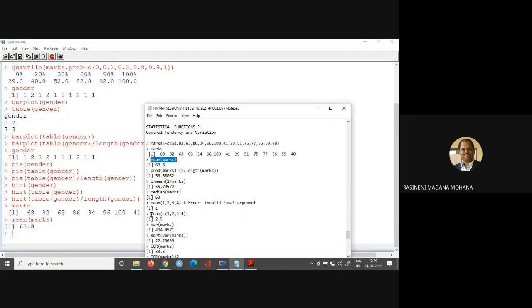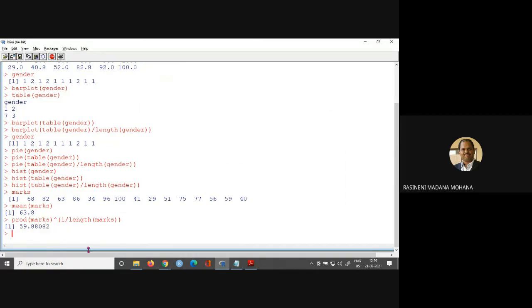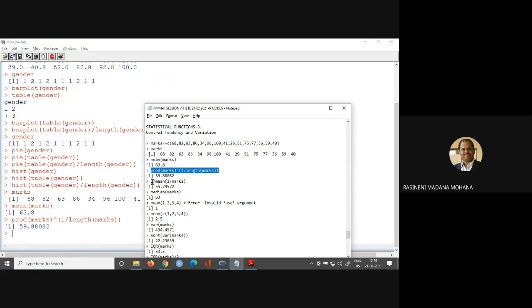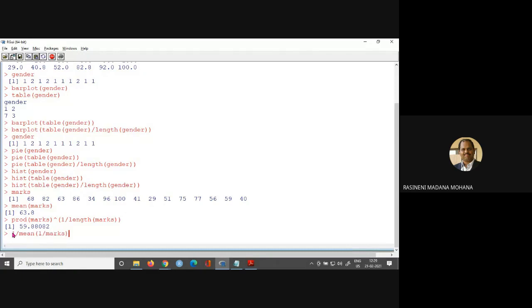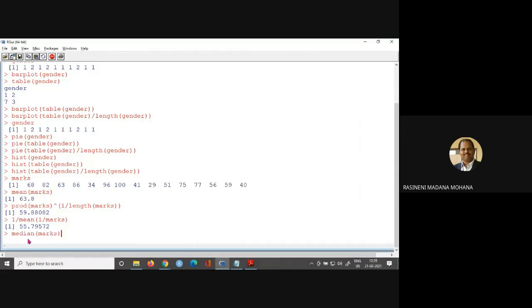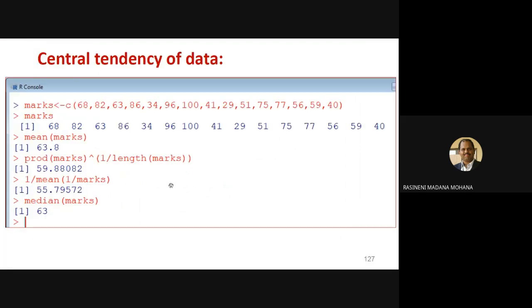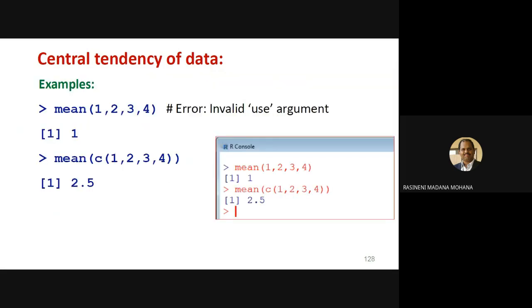Then product of marks power 1 by length of marks, this is another measure. Then 1 by mean of 1 by marks, this is the other measure. Then simply median. So using these formulas directly, you can calculate all these statistical measures on any numerical data, even with our own data also.